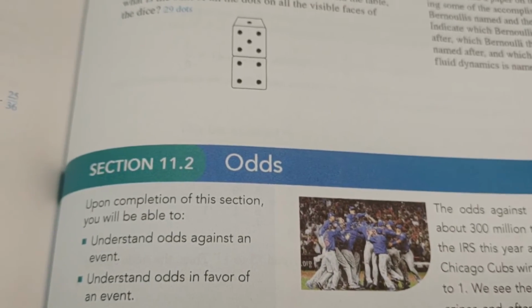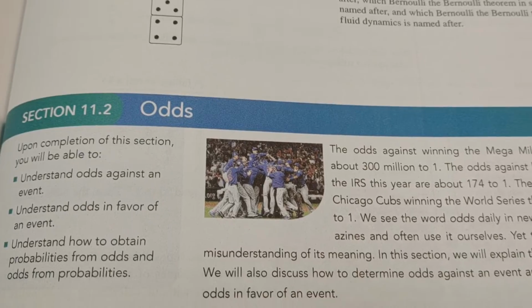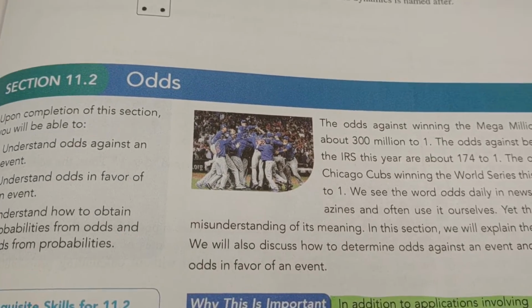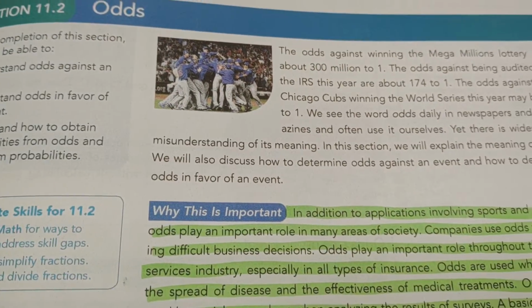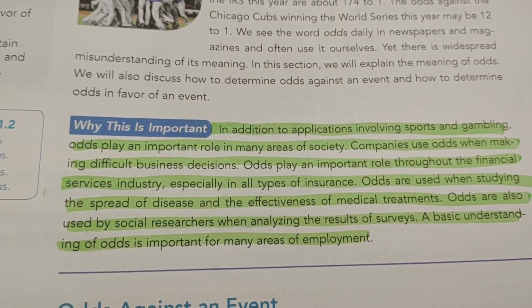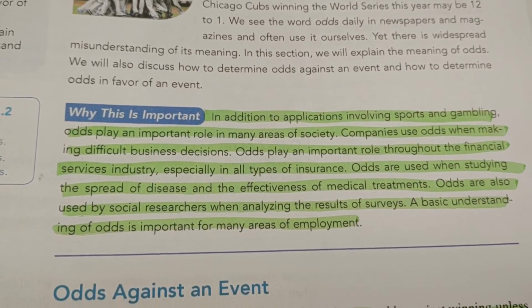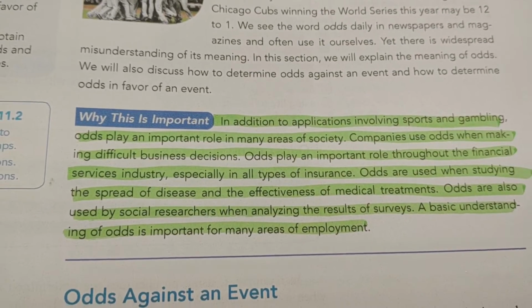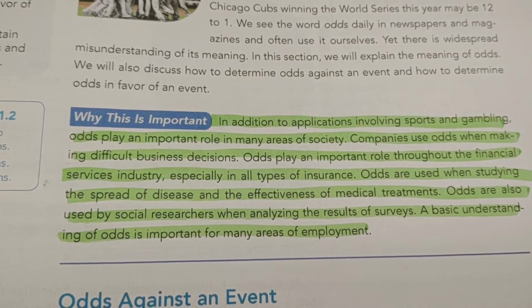Okay, this is Chapter 11, Section 2, Odds. There are two kinds of odds, odds in favor of an event and odds against an event. It says here, in addition to applications involving sports and gambling, odds play an important role in many areas of